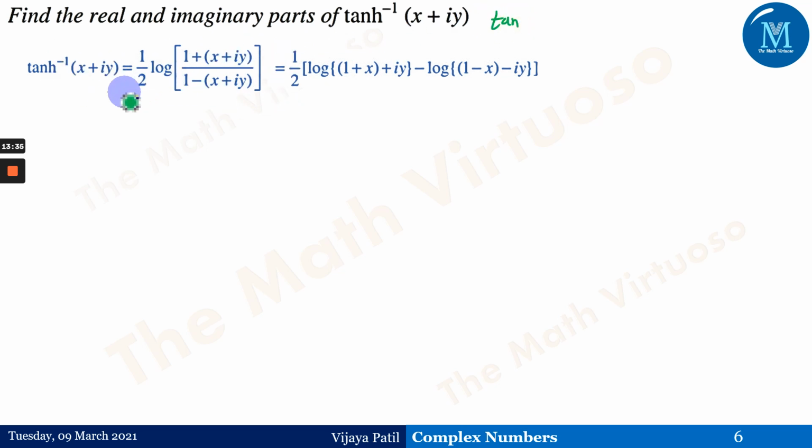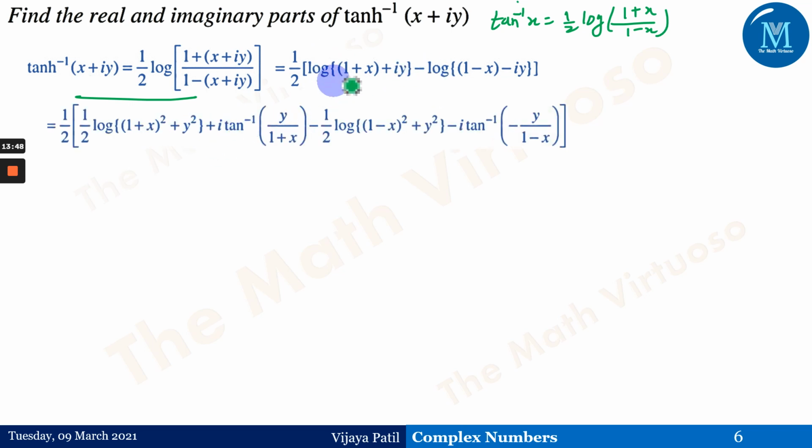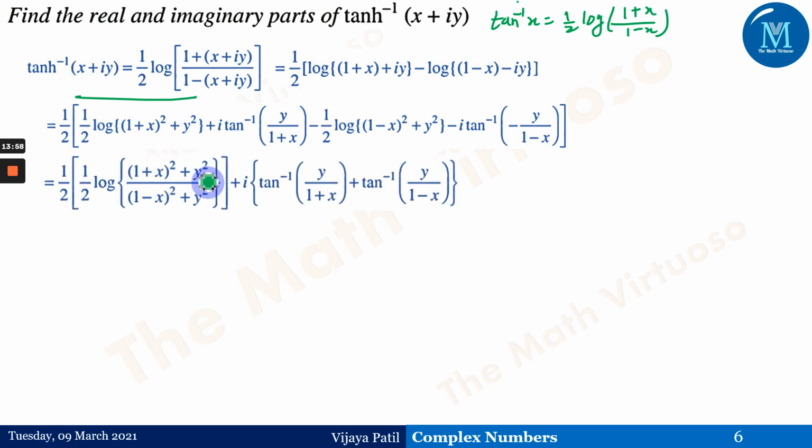We have taken this first step from tan hyperbolic inverse of x equals 1 by 2 times log of 1 plus x upon 1 minus x. That is what we have used here. Then moving ahead, the same property of logarithms we have used is log of x plus iy is equal to, so that is what we have used here. Similarly, just go on solving it. You will be getting this type of step here, because it's a half, 1 by 2 times log of this plus i times this minus i times tan inverse of this particular function.